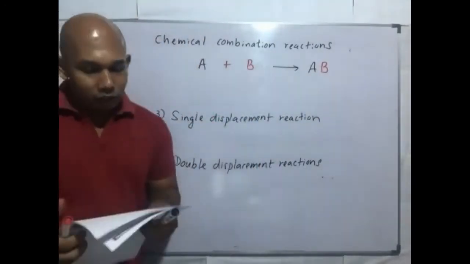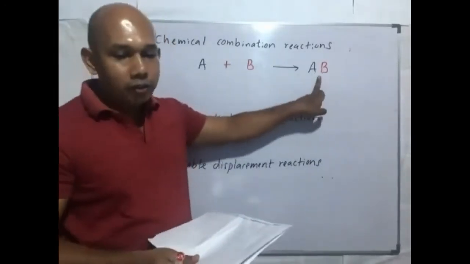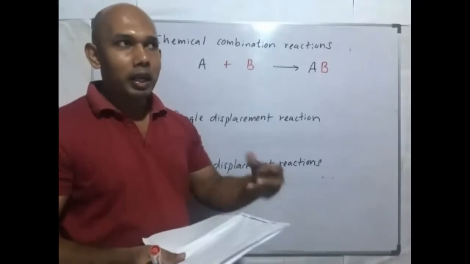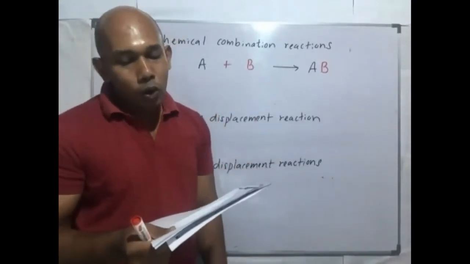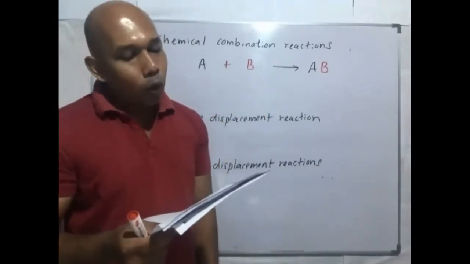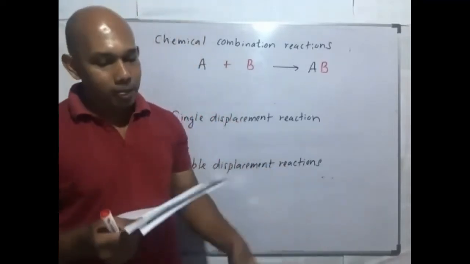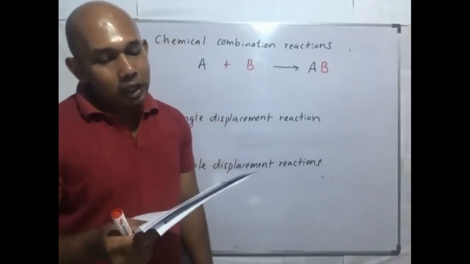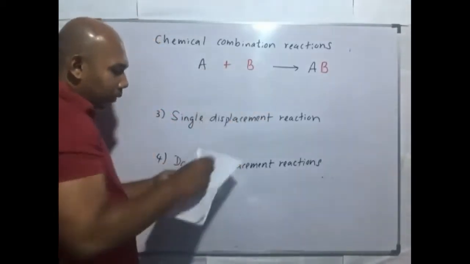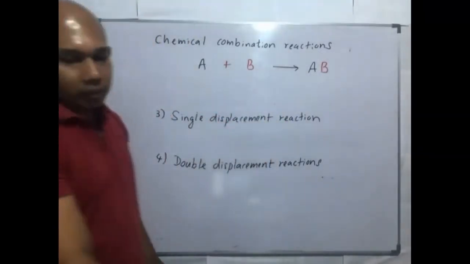To write the common reaction, look at the first one. The formation of a new compound. This is the newly formed compound by the combination of element with element, or elements with compound, or compounds with compound. Example, photosynthesis, carbon dioxide plus water, is known as a chemical combination reaction. Then write down the reaction A plus B making AB.